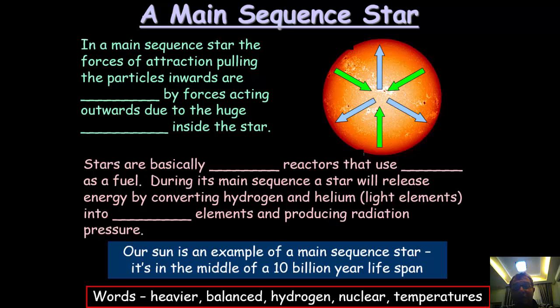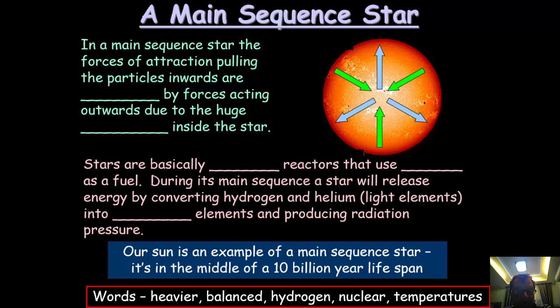Now we have these huge temperatures because stars are basically nuclear reactors that use hydrogen as a fuel, and during its main sequence, this main normal life star, a star will release energy by converting hydrogen and helium light elements into heavier elements and producing radiation pressure, which obviously counteracts the gravitational attraction of the masses towards the collapse